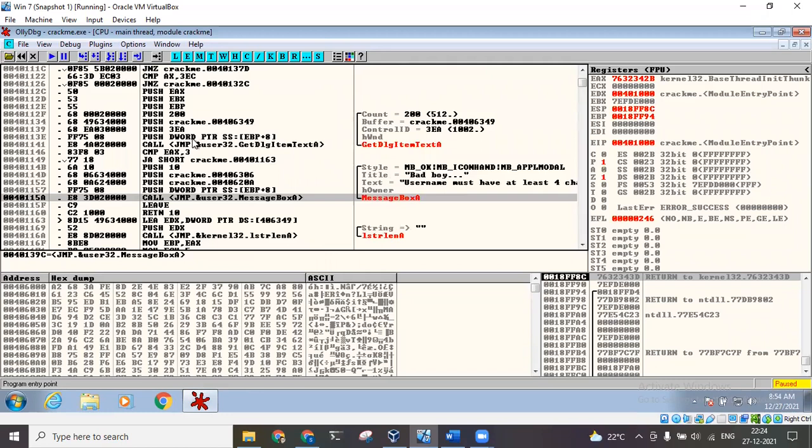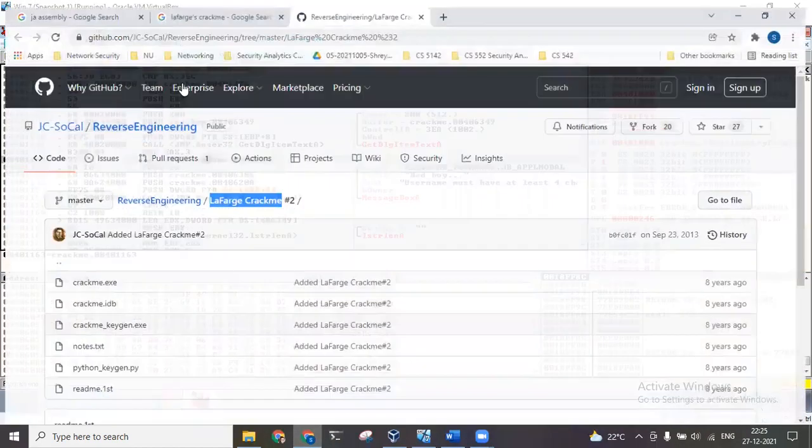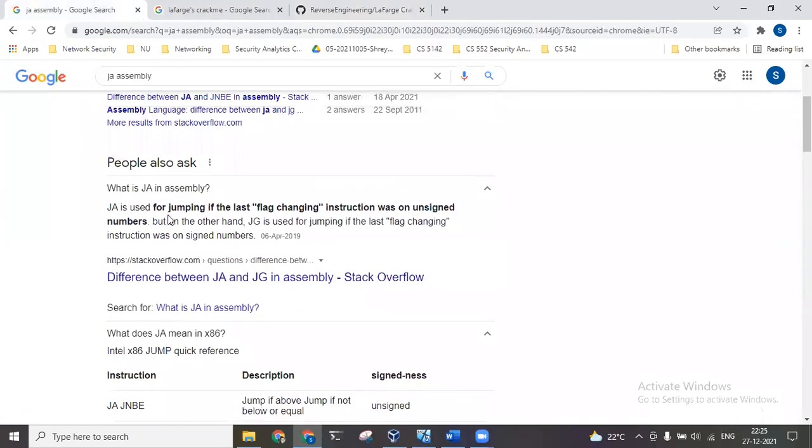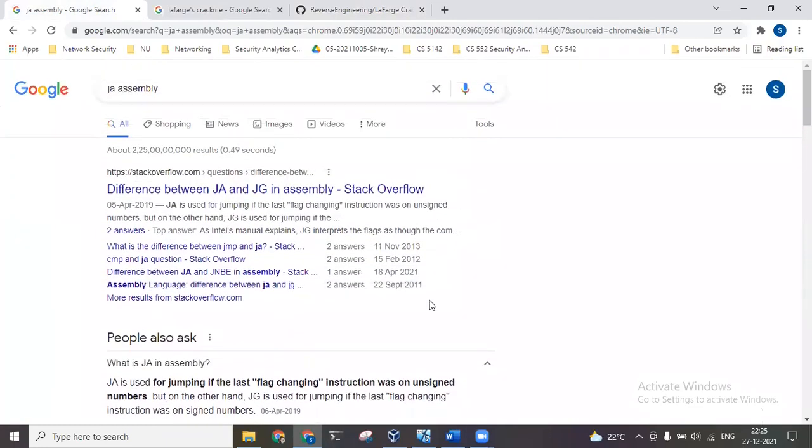Basically some comparison is being made, EAX and 3. We are not going into the detail of that. Based on the result of that comparison, there is a JA. What does JA mean? If we Google that, JA means jump if above, based on an unsigned comparison.